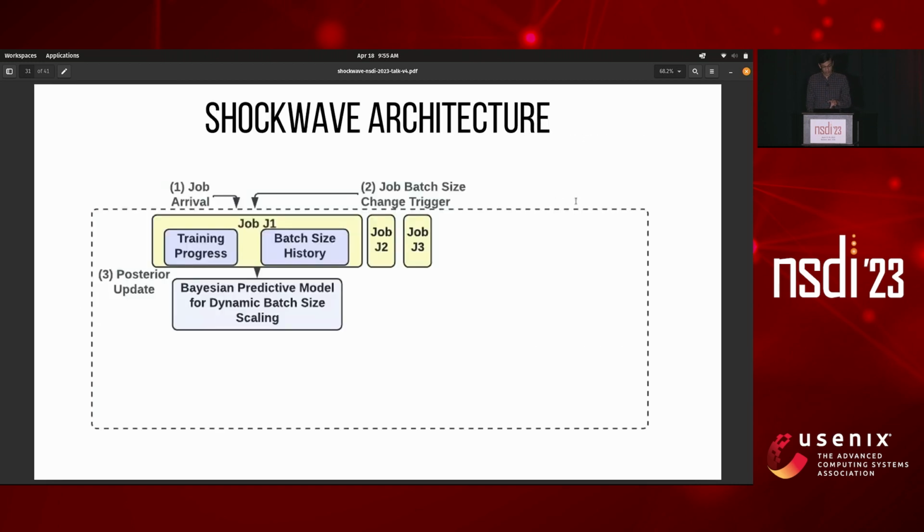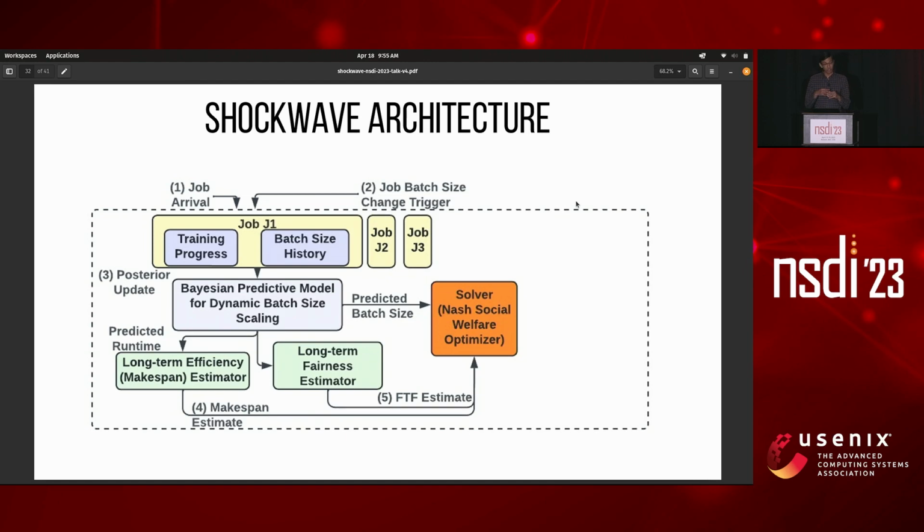So we put this all together in this system that we built called Shockwave. A quick overview of the system diagram looks something like this: jobs arrive or trigger their batch size changes, and we pass those events into this Bayesian predictive model. The Bayesian predictive model comes up with a predicted runtime and predicted batch size for each job. And we use that to estimate the long-term efficiency and fairness and feed that into our social welfare solver,